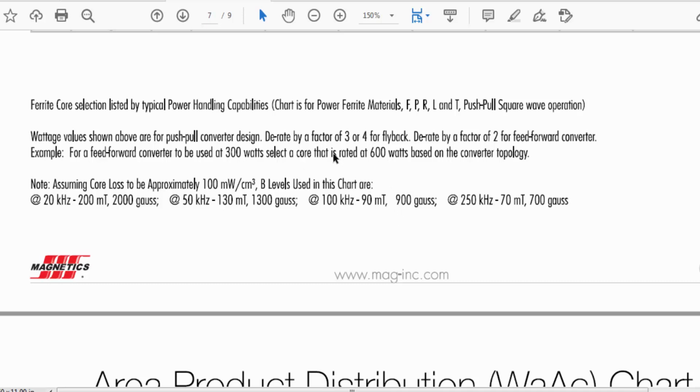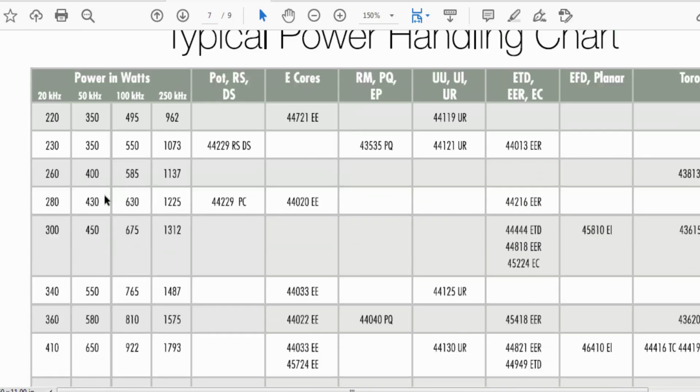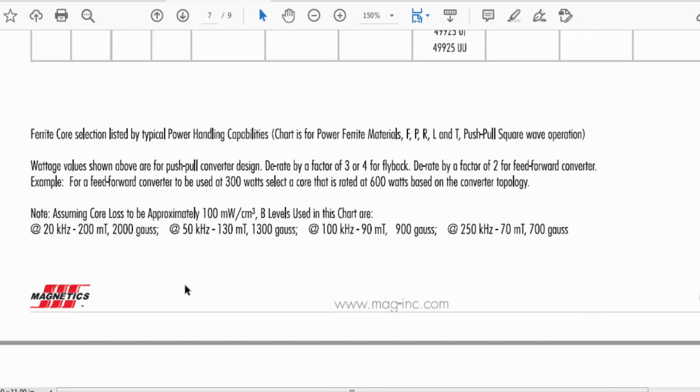And if we want to use it in a flyback, another topology, at that time we have to derate by 3 or 4. Assuming core loss to be approximately 100 milliwatt per centimeter cube. B levels used in this chart are at 20 kilohertz, 200 millitesla, 2000 gauss. At 50 kilohertz, the chart here is shown in kilohertz.